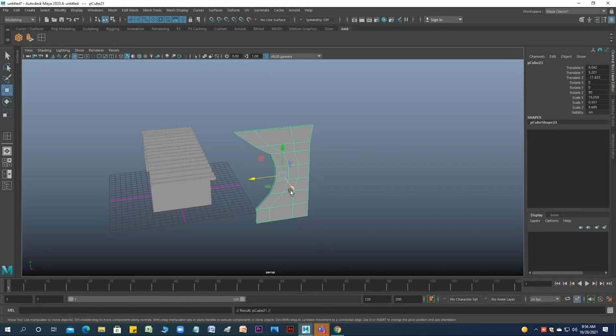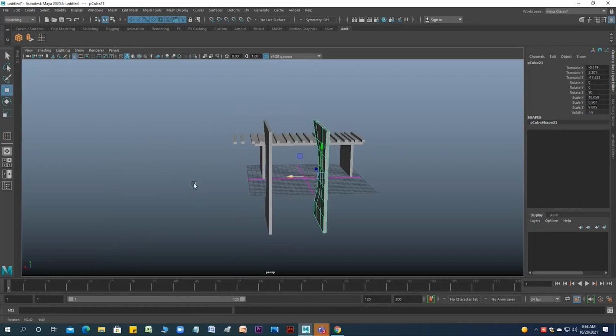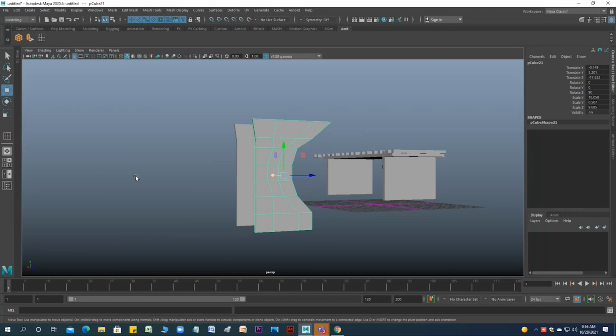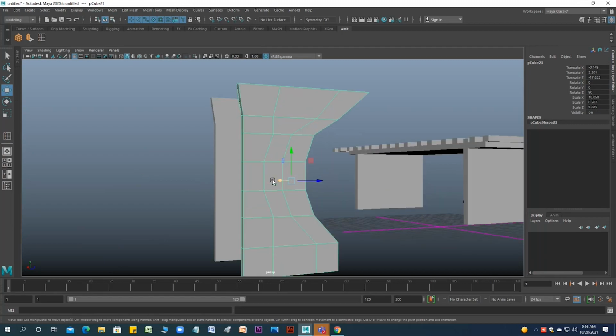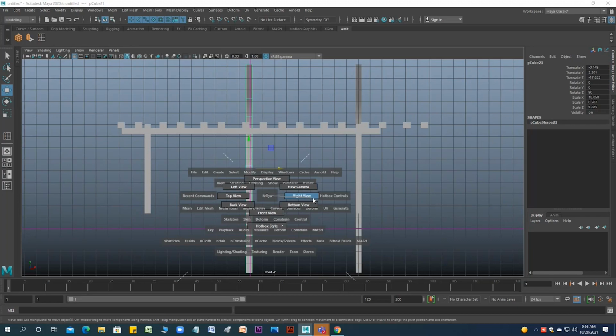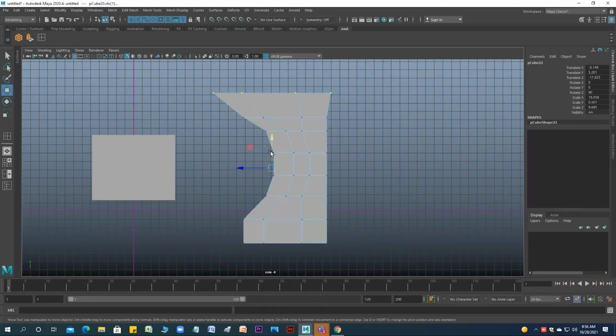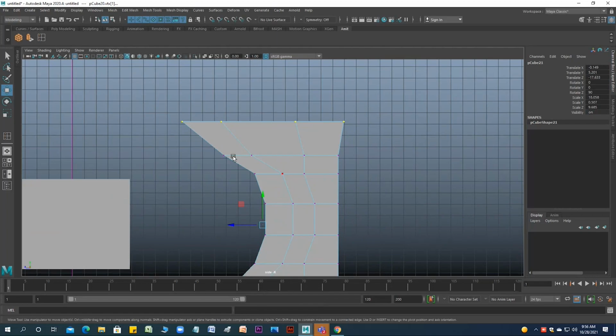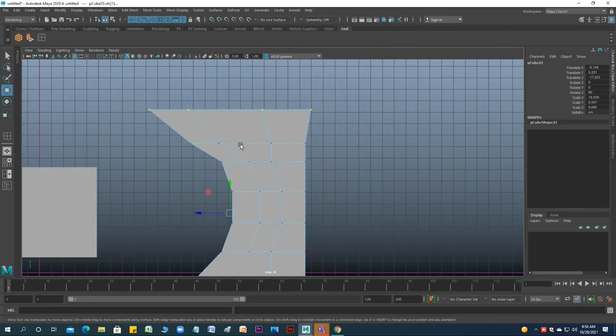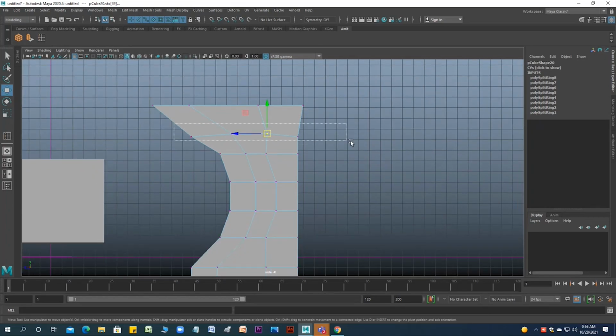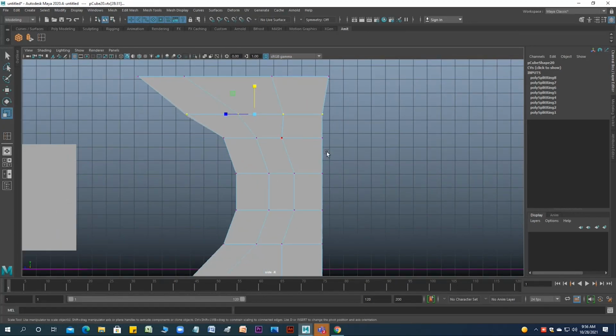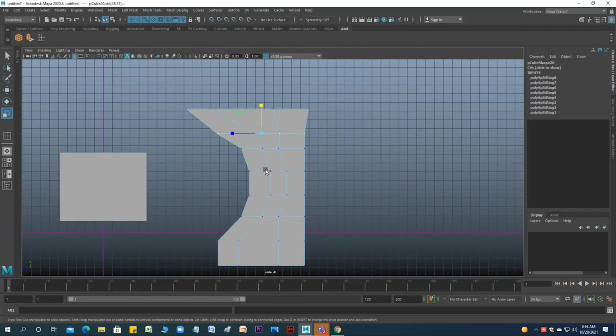Control D. You can look at the podium, that curve. So by controlling this, you have to do this loop properly. The flow of this polygon should be proper. It should not be irregular. That you have to control.